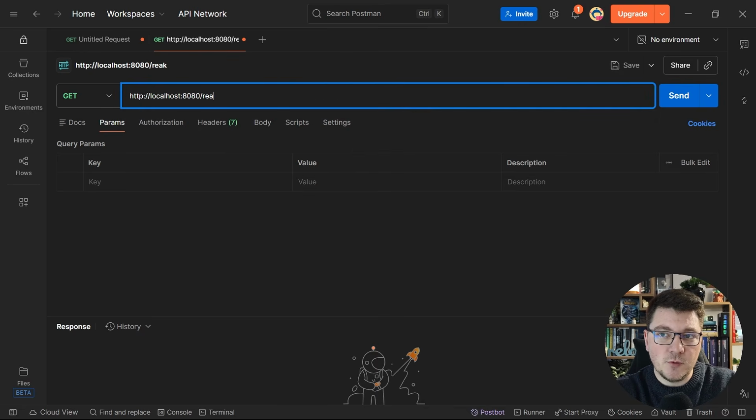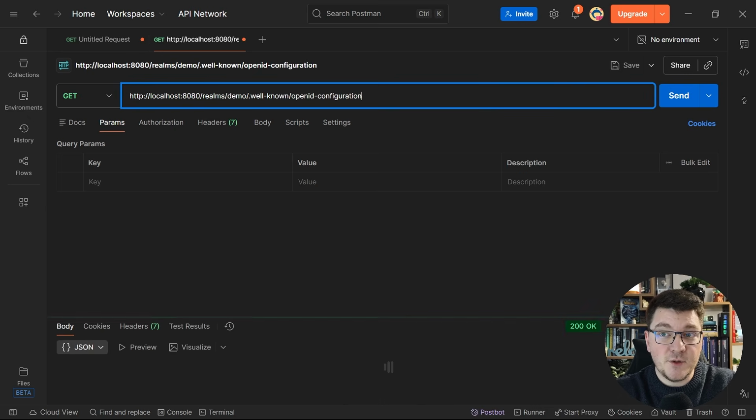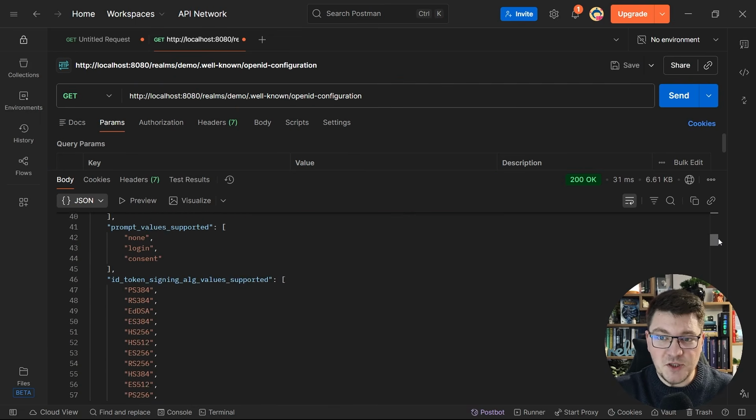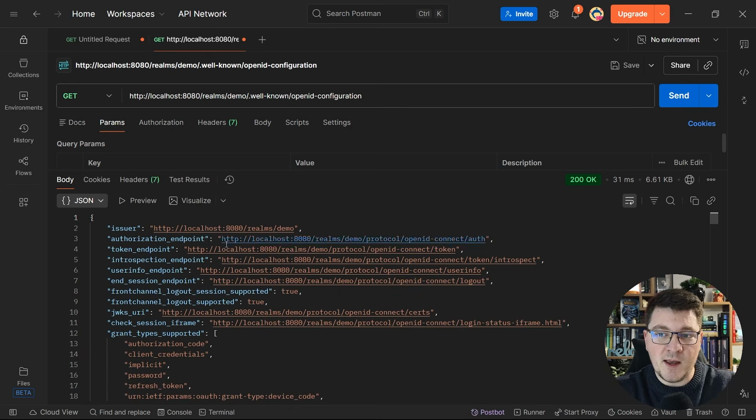Now we have to scope our request to the current realm, which is called demo, and the endpoint I want to call is .well-known/openid-configuration. If we send this request, we should get back a successful response, which contains some publicly available information for your Keycloak realm. Now, out of all of these, what we are interested in is the authorization endpoint